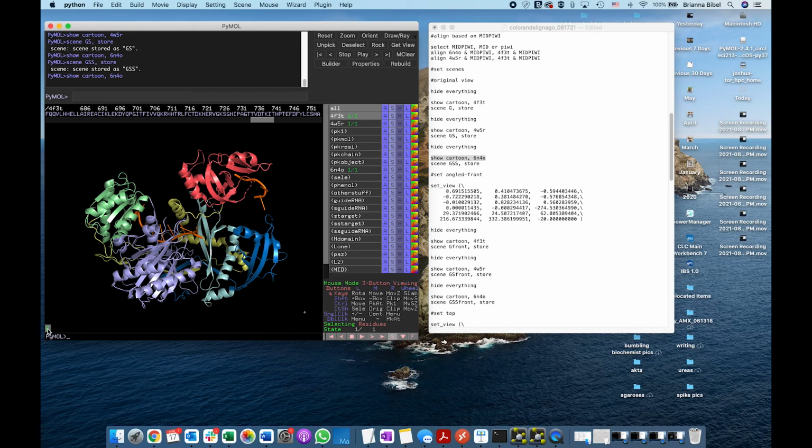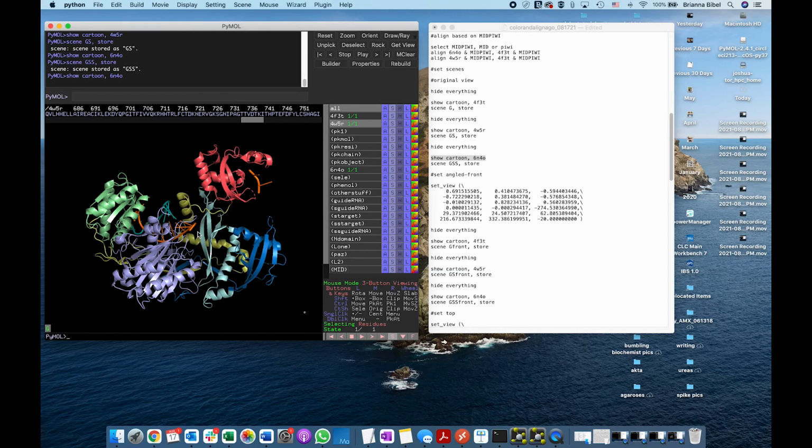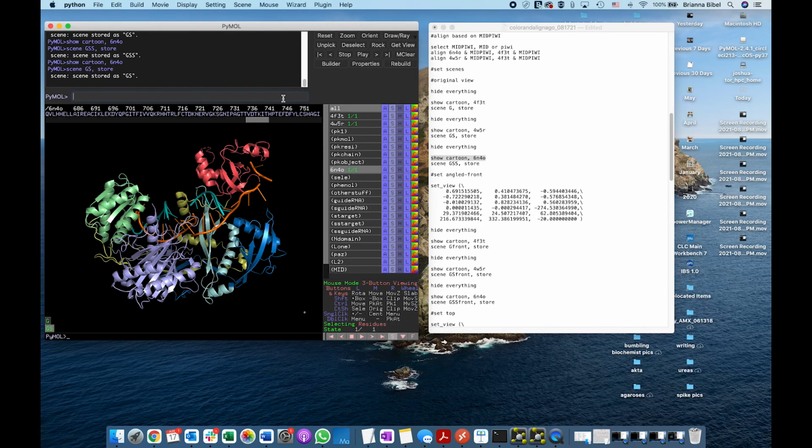So we have that for the guide bound. Now let's also do it for these other states. So we're just going to do scene GS for guide and short target, comma store, and then we'll do this one. Again, you can use the up arrow to get to that key. Scene SS store,